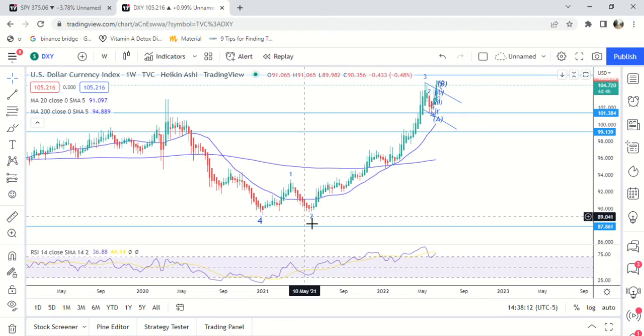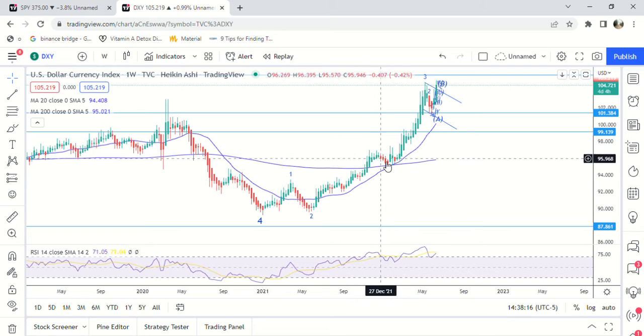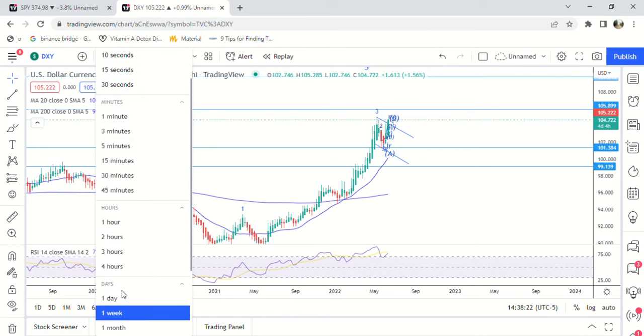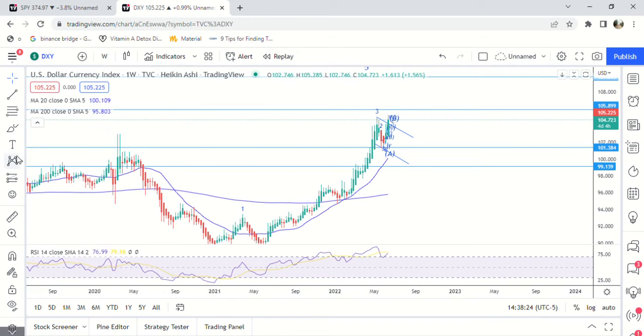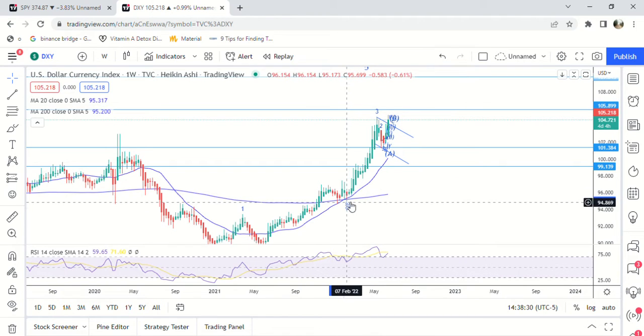So we have 1, 2, 3, 4, 5, 3, 4, and then if I go down in time frame, we're at 4 right there.